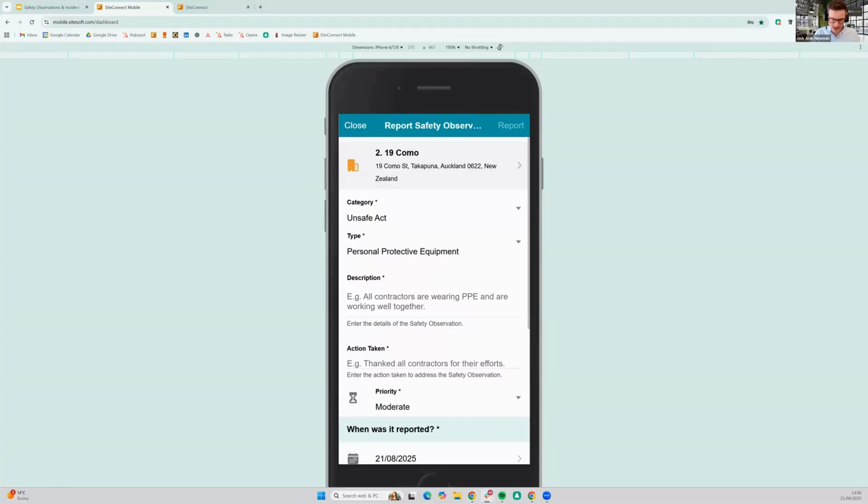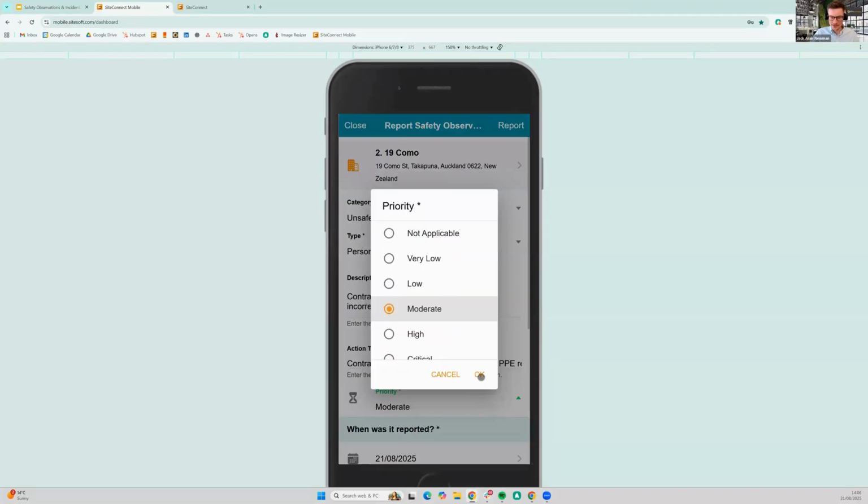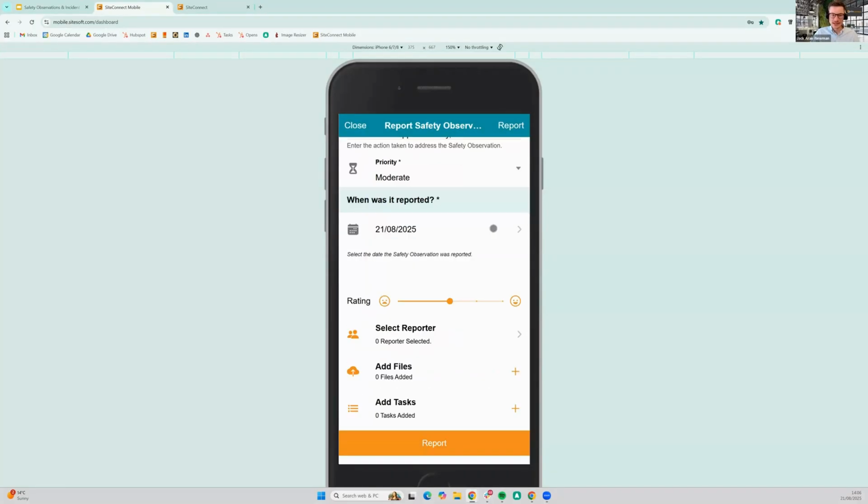We're then going to select or type in. Remember, we could use talk to text on our device to talk into the phone to make it really easy to use. And then in this case, the action taken is that the contractors were actually stopped at entry. And we're going to give this a moderate rating. It will automatically date stamp, and then we can give it either a positive or a negative rating. In this case, we're going to give it a positive 2. We can attach files and photos